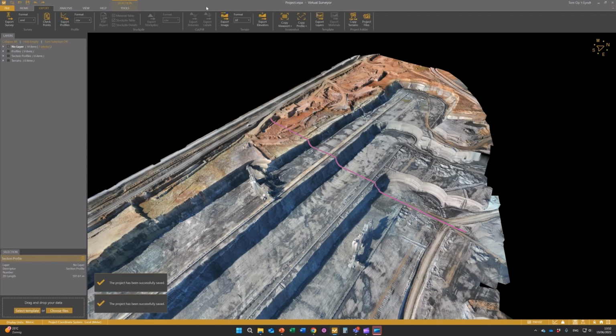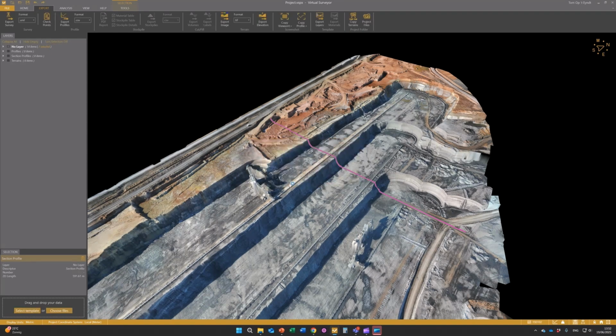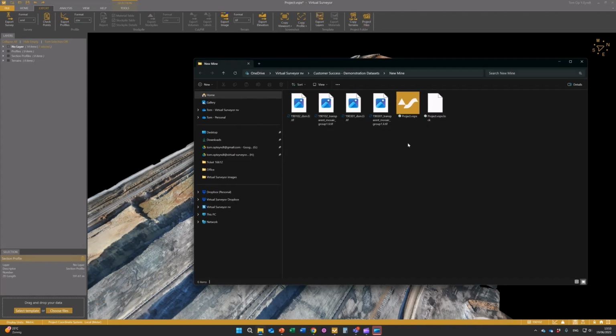We'll go to the Export tab. Like with Save As, you now have the same option to copy your terrain files directly by clicking on Copy Terrains. From here, you can click Yes, files are copied, and then you will get a toast notification here in the lower corner when the process is complete. And the Project Files button allows you to open this folder, the Project folder. And then we can see that those terrain files and the Virtual Surveyor project file is available. And at this moment, you see that these terrain files are being uploaded through OneDrive.